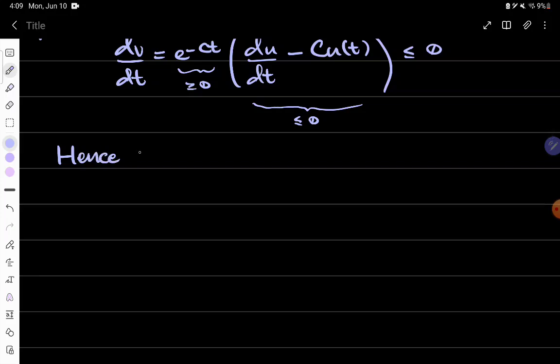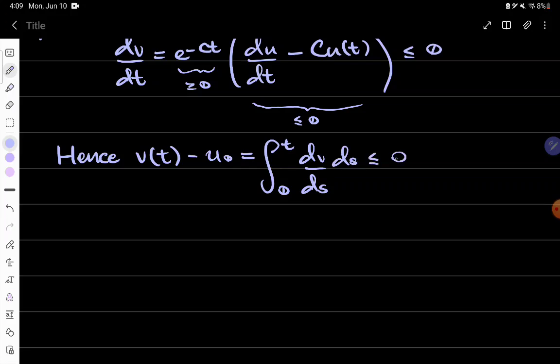Hence, v of t minus u naught is just the integral, let's say 0 to some fixed t, of dv/ds ds, which is less than or equal to 0,